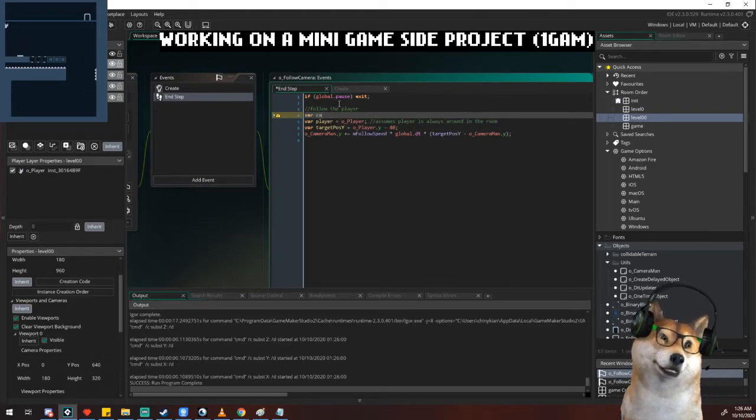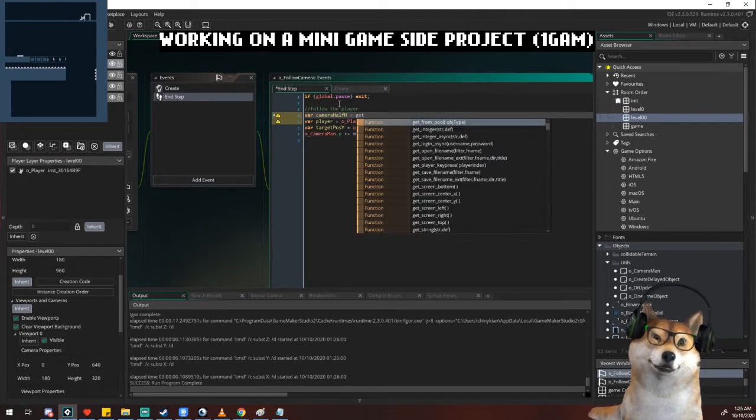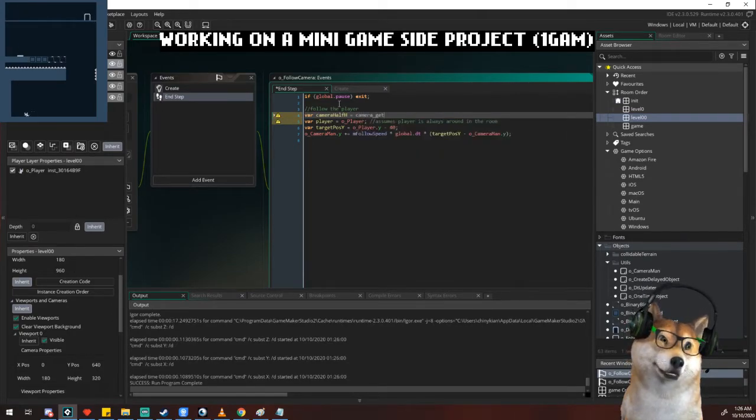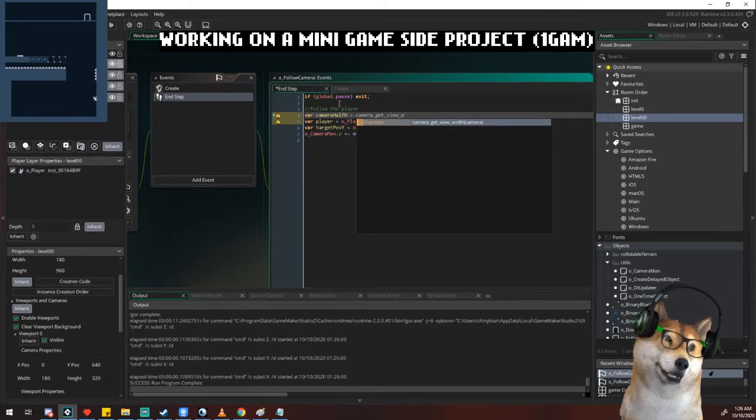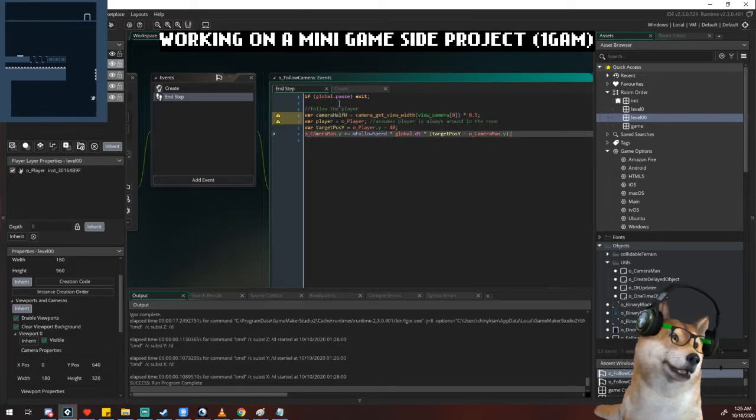Camera half height is equals to get screen. Oh goodness. Camera get view with view camera 0, divided by, times 0.5. There we go. So camera half height. That means I need to